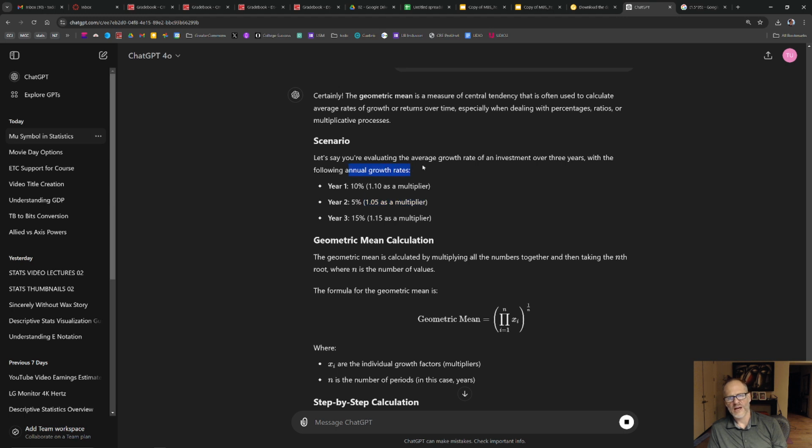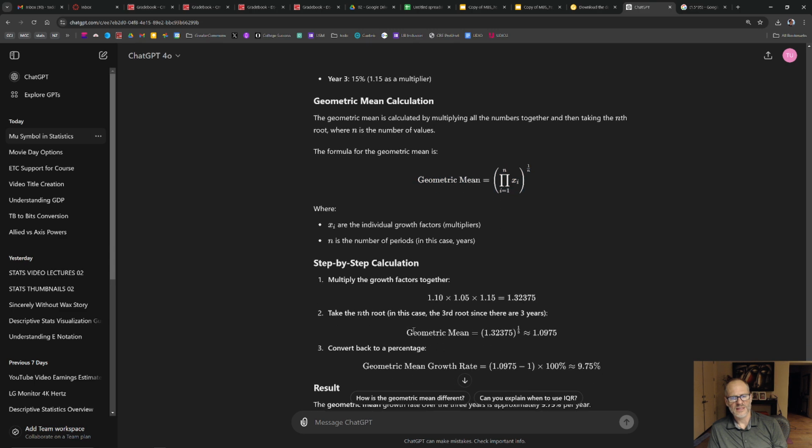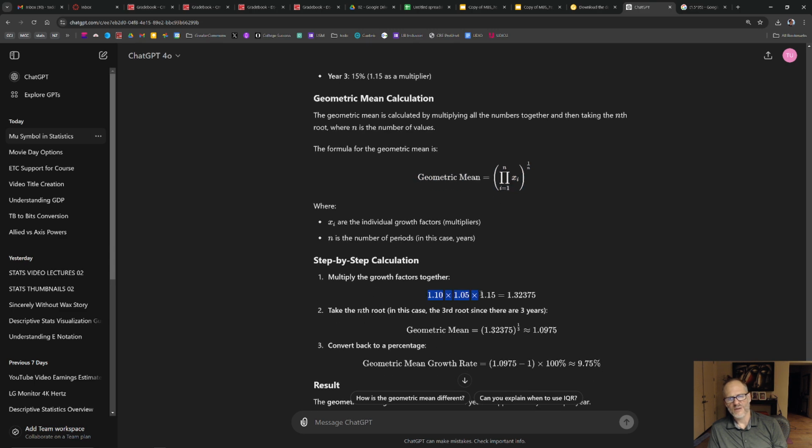So let's say you're evaluating the average growth rate of an investment over 3 years with the following annual growth rates. In year three, we have 15%, or 1.15 as a multiplier. And the geometric mean here is calculated with this formula right here. The way that looks in action is 1.10, 1.05, 1.15 gives us this result right there. And then we take the nth root of that. So that amount to the power of 1 over 3, we get this amount every year. So the geometric mean growth rate is